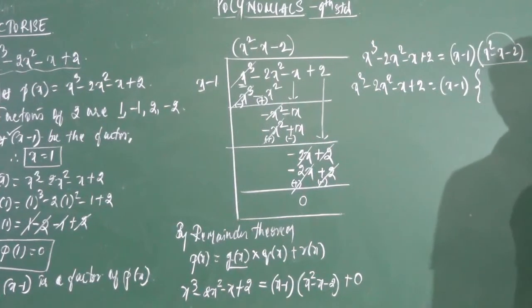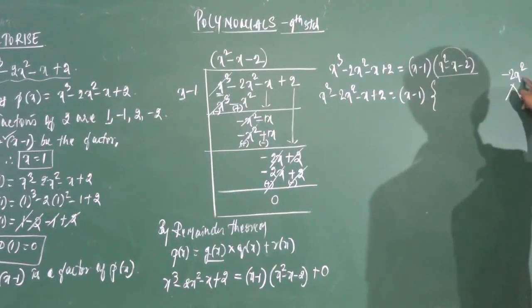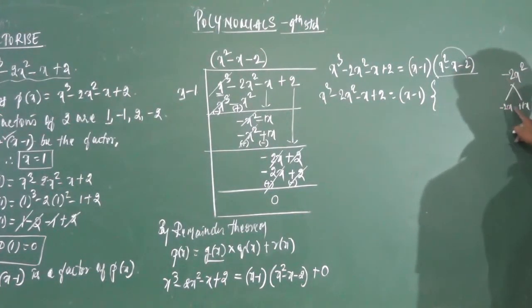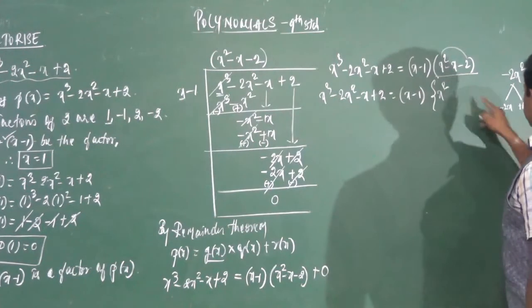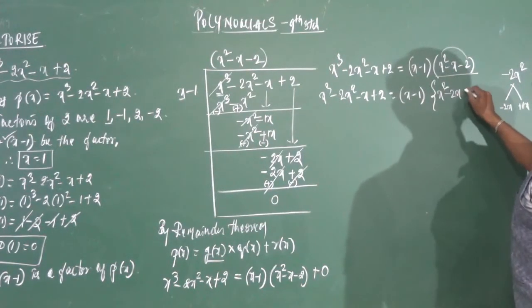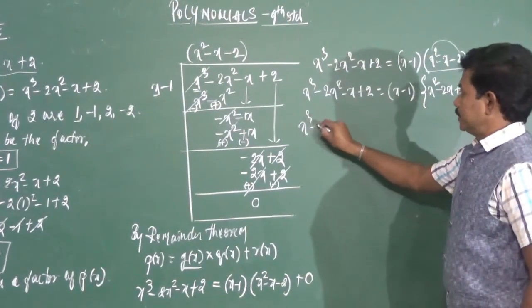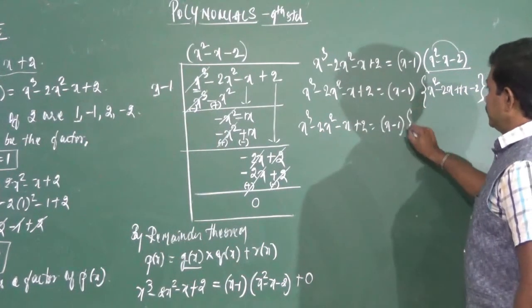You have to split this in such a way that when you add these two terms you should get minus x, and when we multiply this you should get minus 2x square. That is, we can take minus 2x and plus 1x. So minus 2x plus 1x is minus 1x, minus into plus is minus, 2 1s are 2, x into x is x square. So instead of minus x I can write these two, so minus 2x plus 1x minus 2, right? So x cube minus 2x square minus x plus 2 is equal to x minus 1 into,